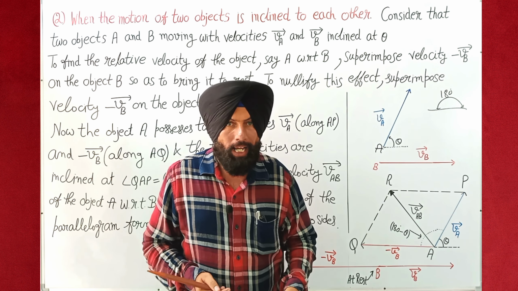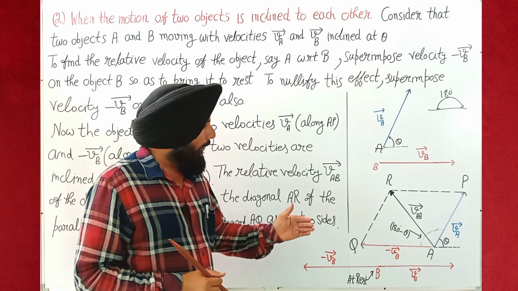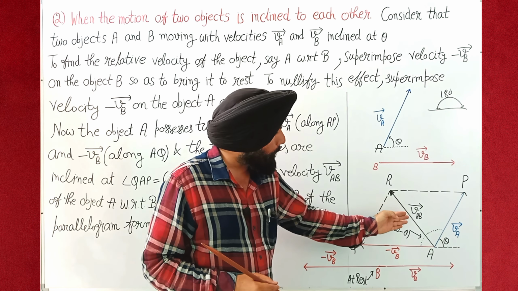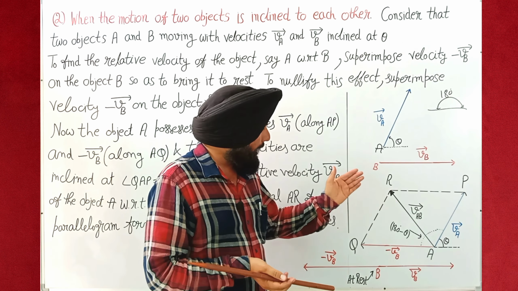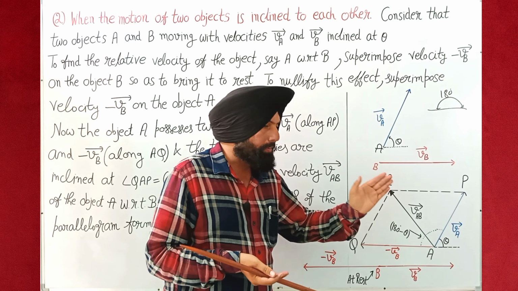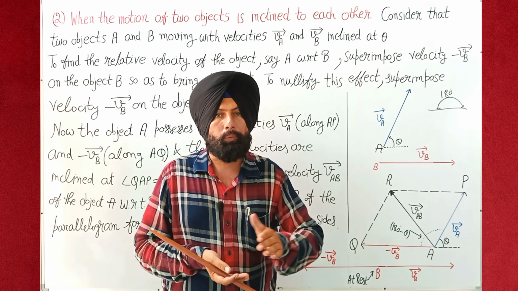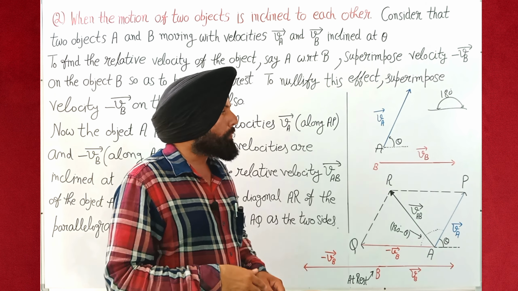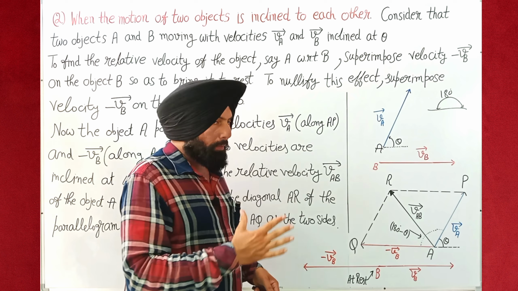Now we will apply the parallelogram law of vector addition and find the value of the V_AB vector as well as the direction of the relative velocity of object A with respect to B. Now we will proceed further. In Punjabi, students,